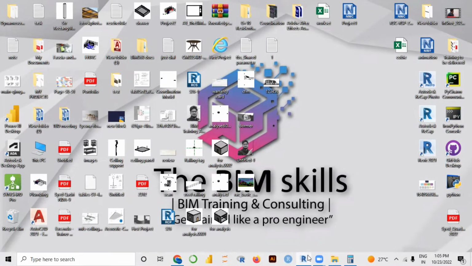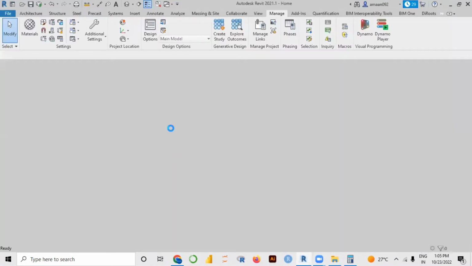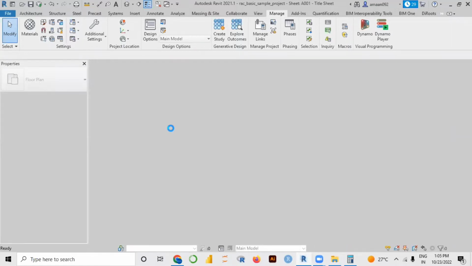Open your PC and you can open the model here, and you can check what it is, maybe the warranty card, and you will also check who is the supplier, who is the maintenance contractor. So that will be easy for you to